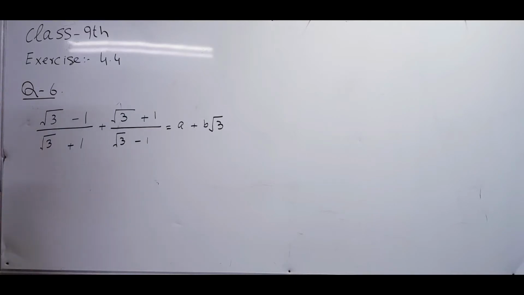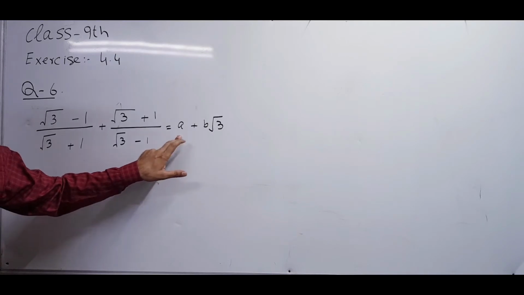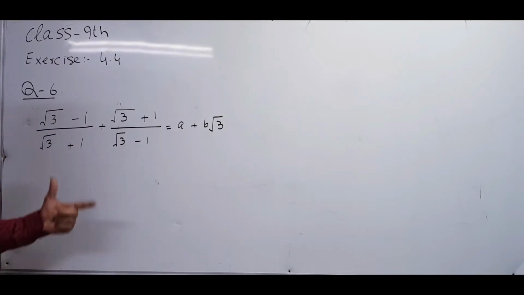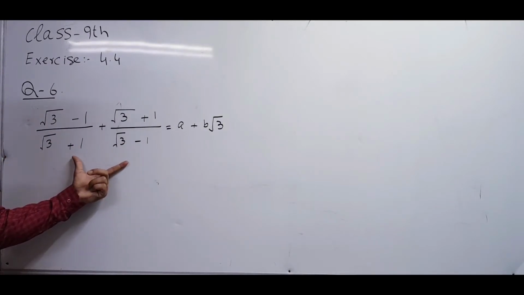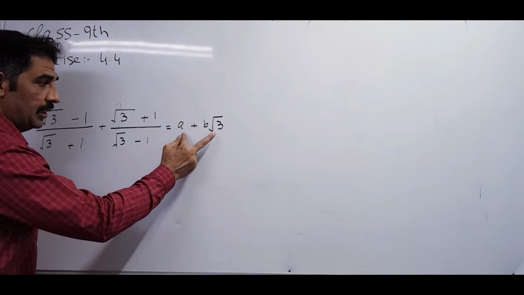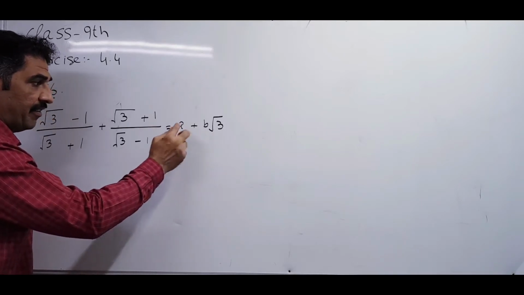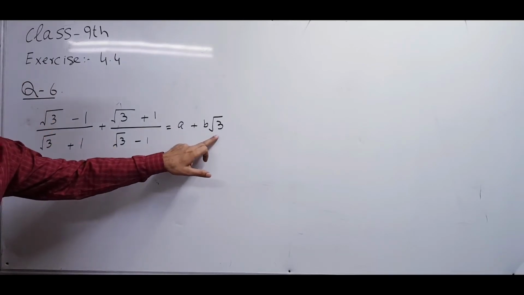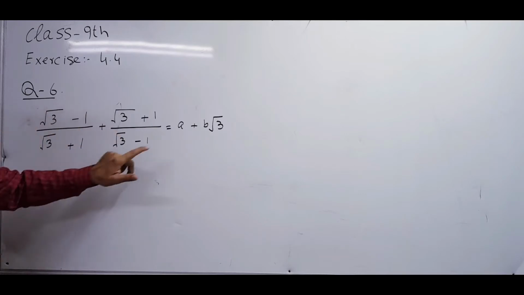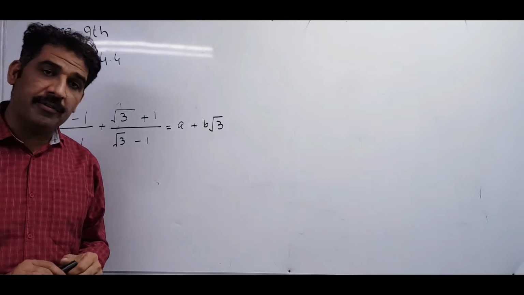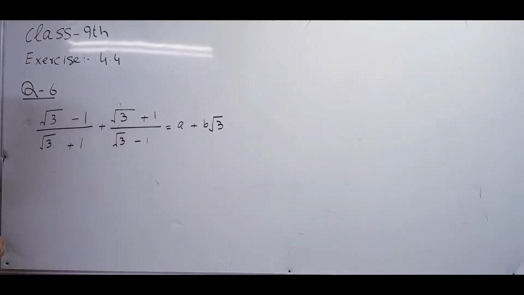In question number 6, we have to find the value of A and also the value of B. First of all, we have to simplify the left hand side in such a way that only two terms remain. One term is with a root and the other is without a root, and one thing is in our mind, that this root 3 is compulsorily coming. After that we will compare the left and right hand side, then we will be able to find the value of A and also the value of B. Right, now start to solve.